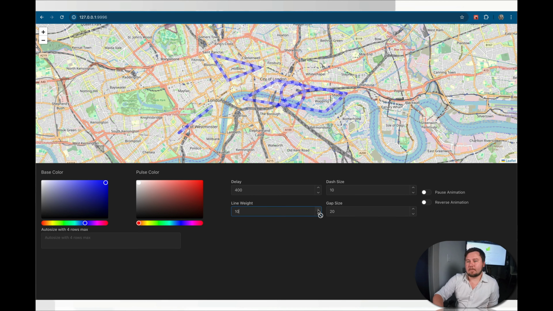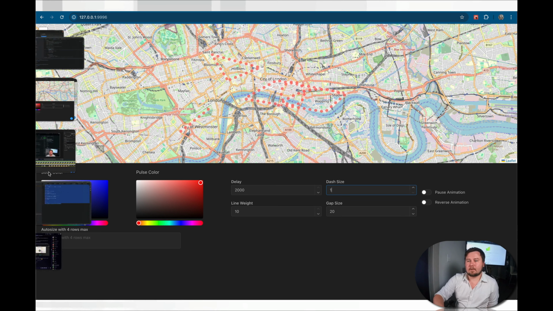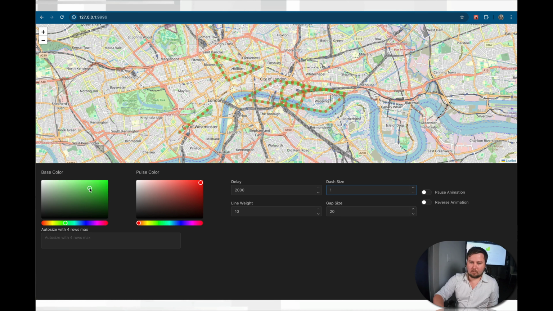Now we can see that if I change the width, it does that. If I increase the time, it slows it down. If I decrease the time, it speeds it up. You can change the sizes of the dash. You can change the color: white and red, green and red, green and white. Pause the animation, start the animation, reverse the animation. So this is another example of a new plugin that has been added to Dash Leaflet that I'm trying to